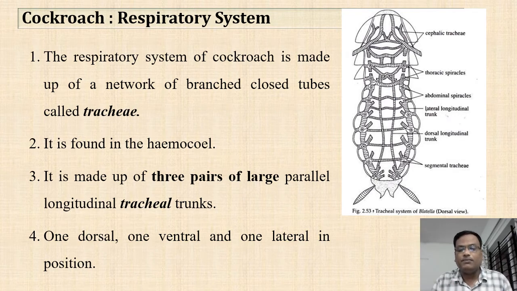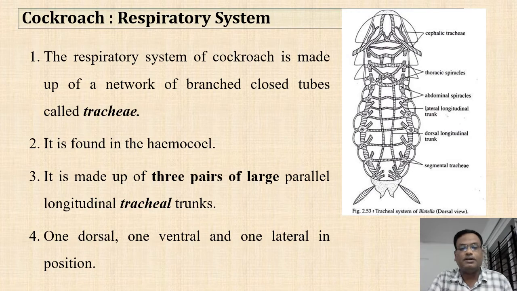This system of trachea is literally filled with air and this system is dipped in the body fluid called hemocoel. Now just imagine a tube which is having air inside it and outside it is covered by the fluid called hemocoel. So there is an exchange of gases between the fluid, that is body fluid, and the air inside the